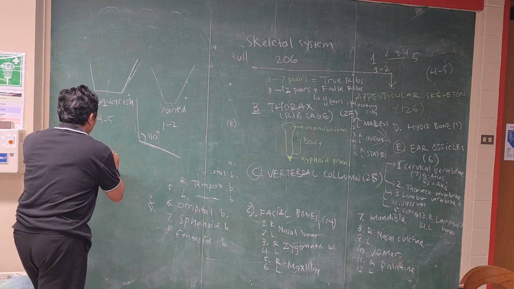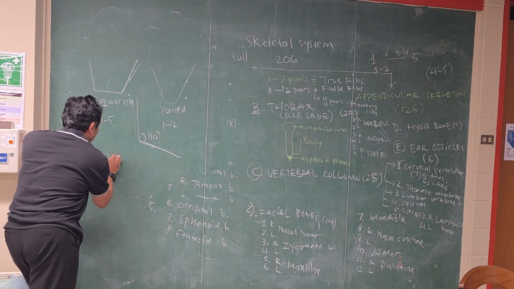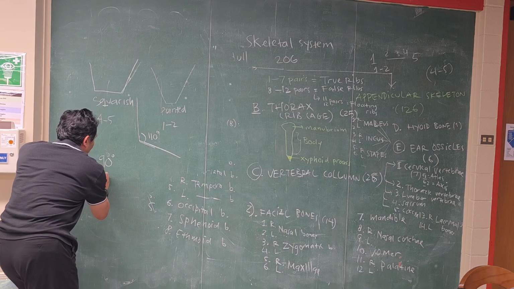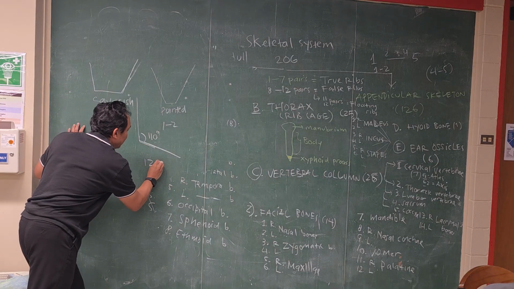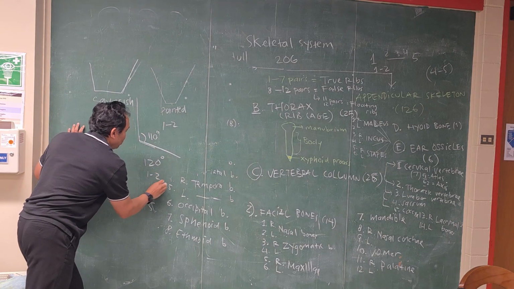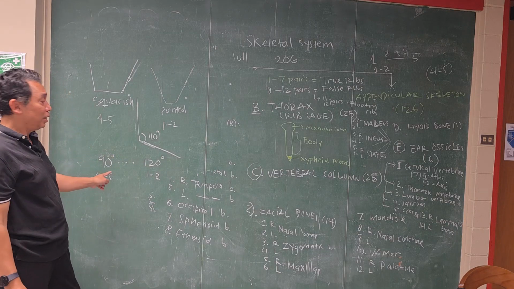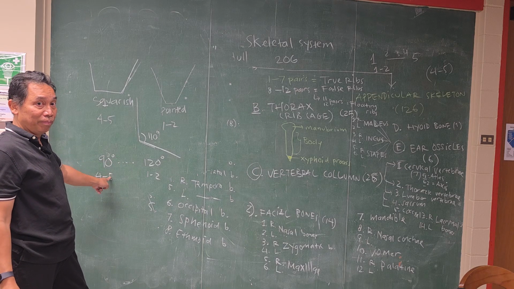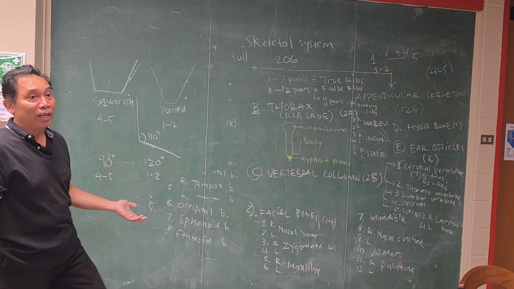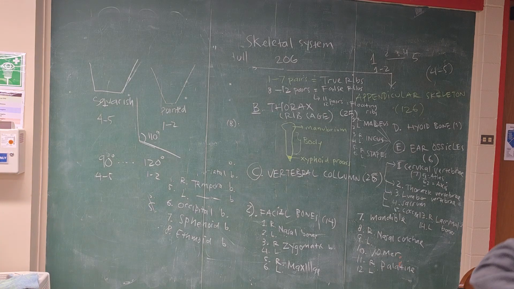Let's say if it is close to 90, then you put 4 or 5. If it is close to 120, you give 1 or 2. So basically 120 is going to be 1, and then between them you can put the number. Like say if it is 90, 100 for example, you can get 4. If it is 95, and then it's 110, maybe you can give 3. Okay, that's for the gonion.